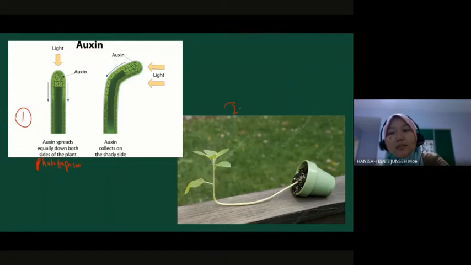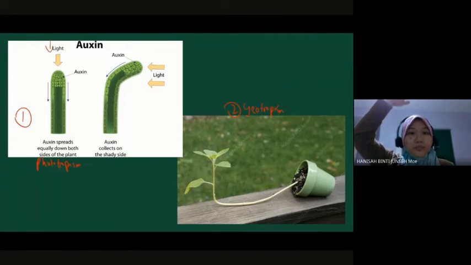The second picture is about geotropism. All right, so we discuss the first picture. The first picture is about phototropism, meaning how these plants respond towards the light. So there are two situations. When the light source is from the top,